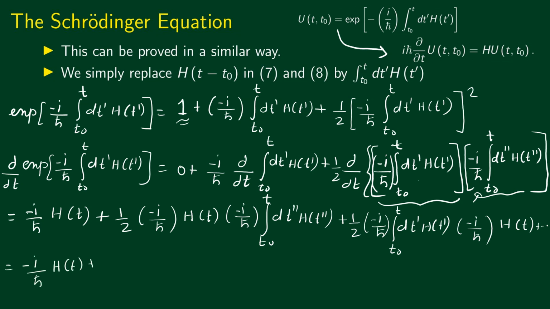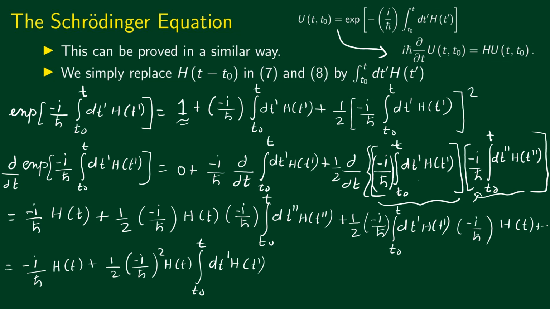plus half minus i by h bar squared h of t multiplied by integral t0 to t dt double prime. Since we don't have anything else, we can simply write this as dt prime. Here the variable of integration is written as t double prime, but since we don't have anything else in this, we can as well write this as t prime. We are just renaming the variable of integration. It's just like the dummy index that we have in a summation series. So this is dt prime